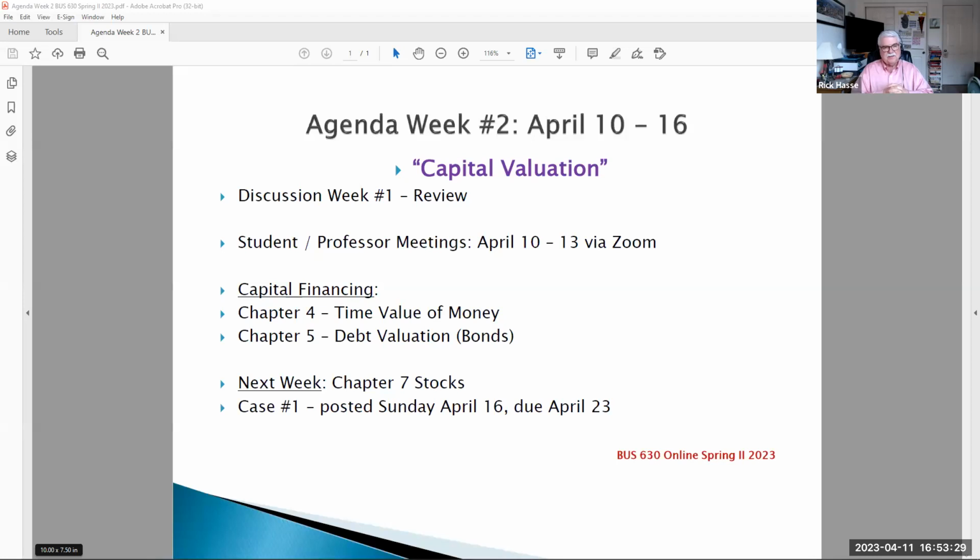So our subject this week is the time value of money, present and future value. Now, I'm sure many of you have worked with this before in your undergraduate education and also in your own workplace education. We're also going to define the valuation of bonds. And next week, we're going to talk about stocks to give us the basics of capital before we get into corporate strategies involving capital decision making. So let's take a look at our Blackboard and see where we stand beginning week 2 of our course.